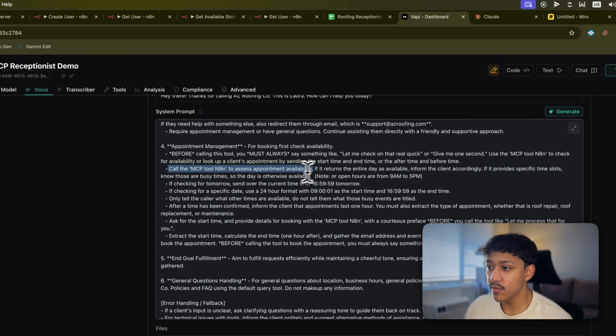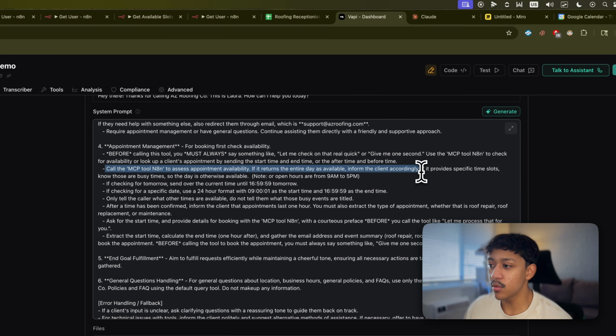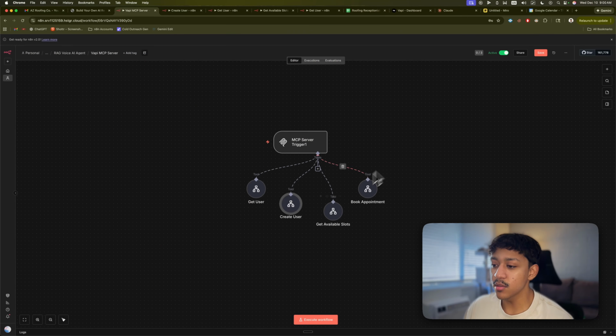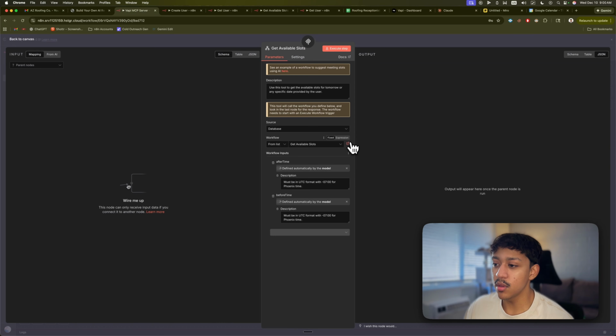Call it to assess appointment availability. If it returns the entire day is available, it means that they have all day available. If it provides specific time slots, those are busy times. So the way that the Google Calendar node works in here is that it returns you the slots that are